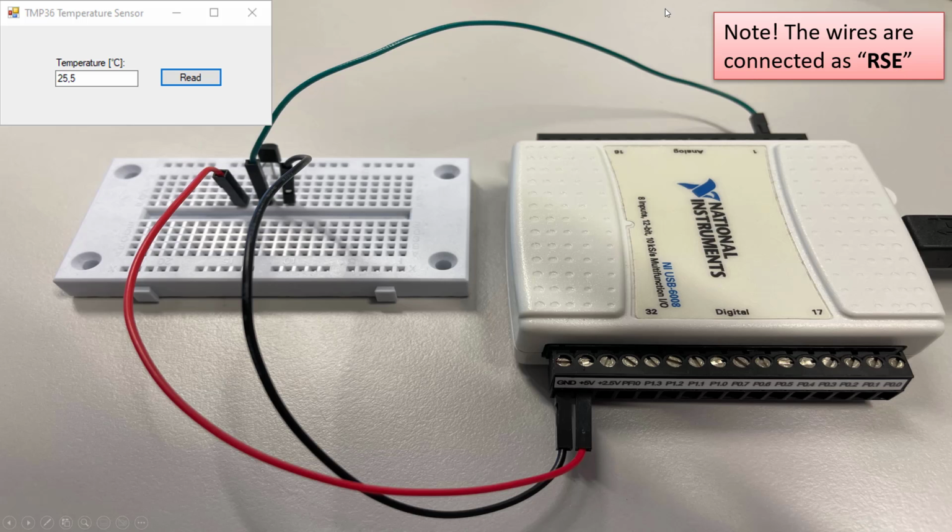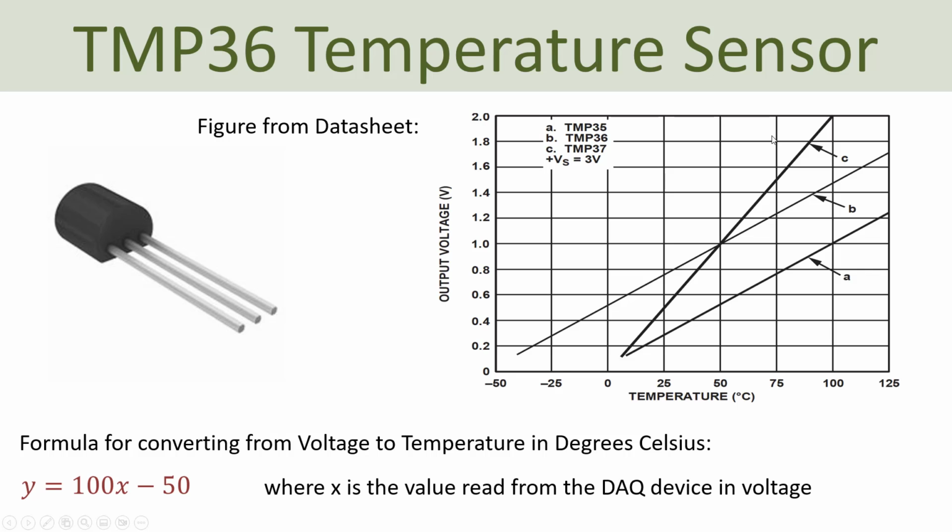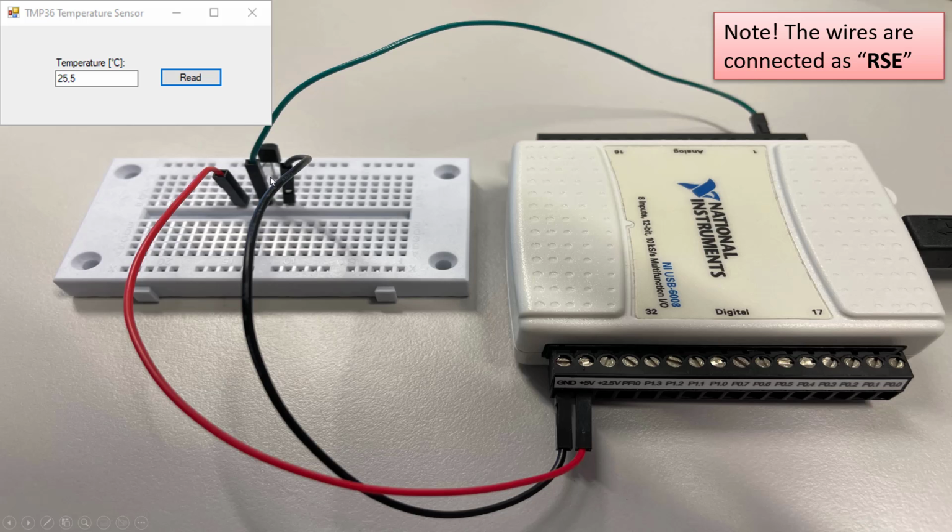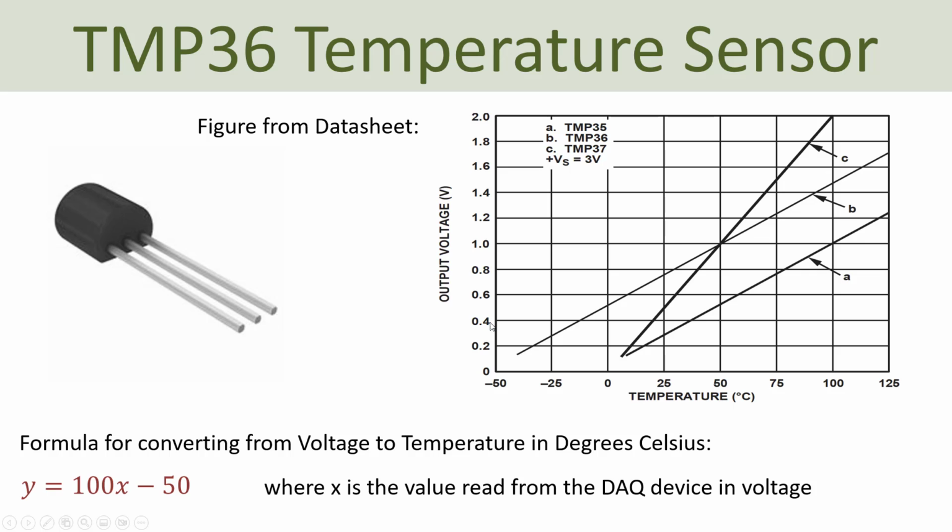So from the DAQ device, here we read a voltage value, but typically we want to have the value in degrees Celsius, since this is a temperature sensor. So from the data sheet, just search for the TMP36 data sheet, and you will find this figure inside the data sheet. Based on that figure we can find the relationship between the voltage value that is coming from this middle pin, and the temperature